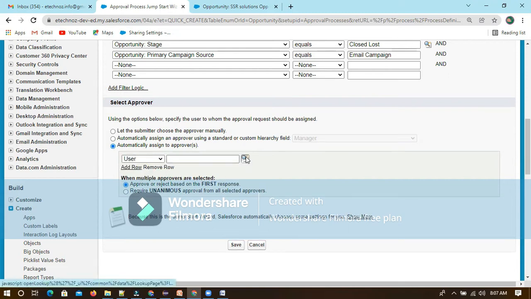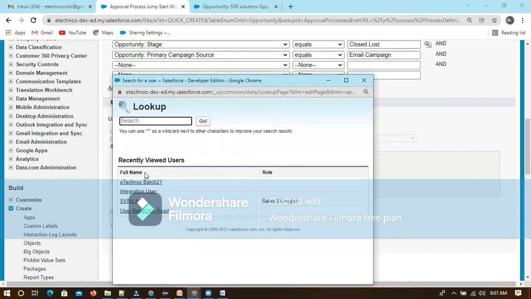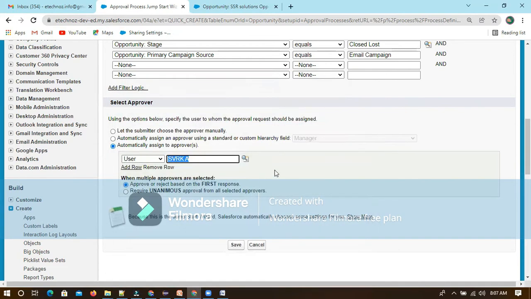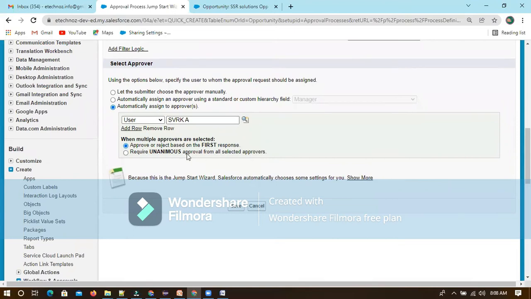So the approver, I'm just defining SVRK. We have a user like the SVRK user. With this SVRK user, we have to log in to this user, and this will be the approver now. So he will be the approver and will get a notification. Then we have to log into that Salesforce org with these SVRK credentials, and we have to approve or reject it. So we will see all conditions, approved or rejected or something.